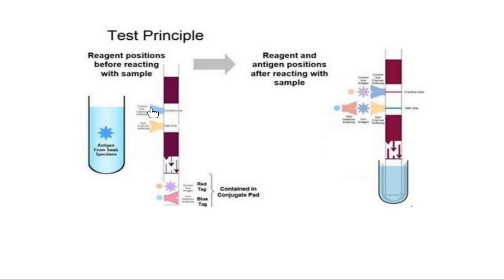Okay, the other line is the control line. It contains anti-rabbit antibodies, which are prepared in the goat. This is the control line, and this solution contains the antibodies against these antibodies. So because we use the same solution always, it means you always find the control line here. This line means the test is valid, the test is okay.